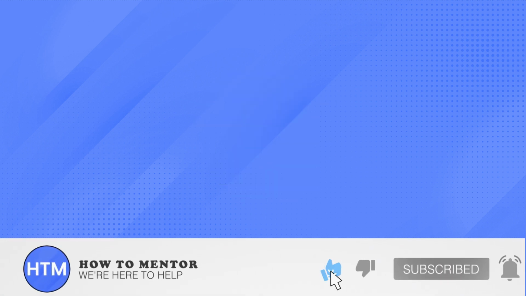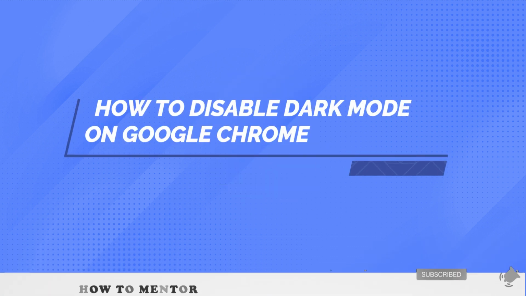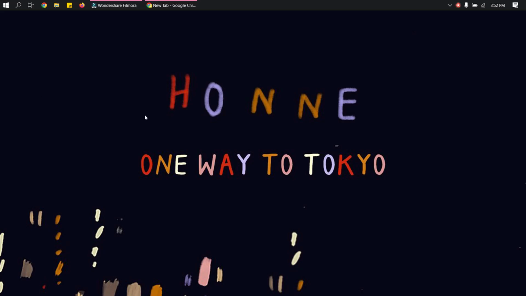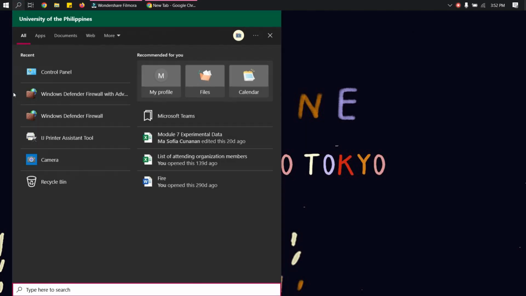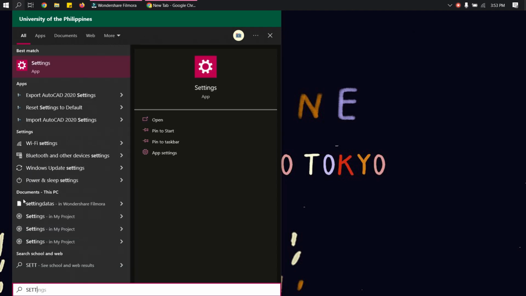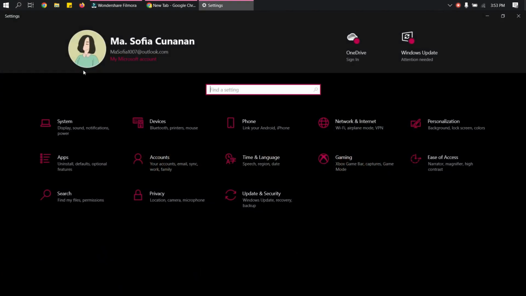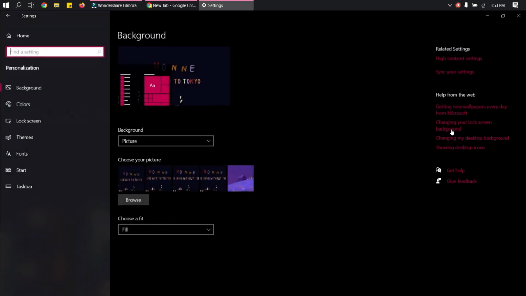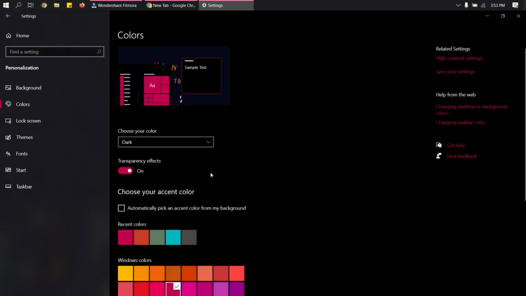In this video I will show you how to disable dark mode on Google Chrome. So on your desktop, go to search and search for settings, then click the settings app, go to personalization, and then go to colors, and then here you will see choose color. So go to light,